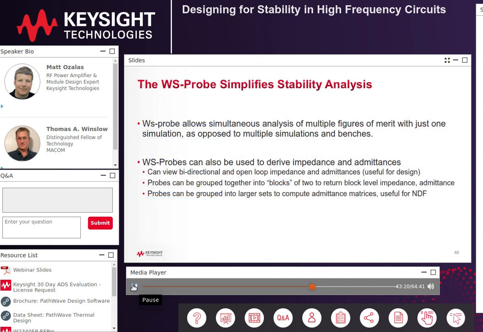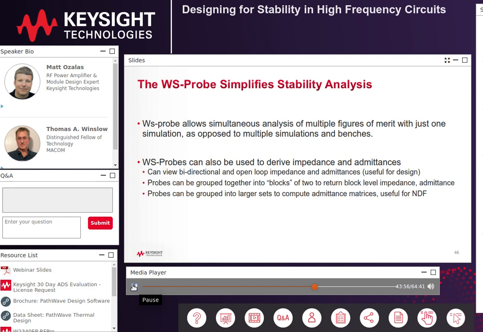All right, I hope you can see how the WS probe simplifies stability analysis. In this one case that I showed, we just replaced 28 separate simulations that basically required 28 setups with one simulation that required just one setup. And practically speaking, what the probe really does is it puts metrics in your pocket that you wouldn't otherwise have, because obtaining these metrics through simulation is prohibitively difficult. For example, doing a driving point admittance simulation on 200 nodes individually, it's just not worth it. It takes 200 manual simulations, but with WS probes, you just run one simulation and you've got all the information